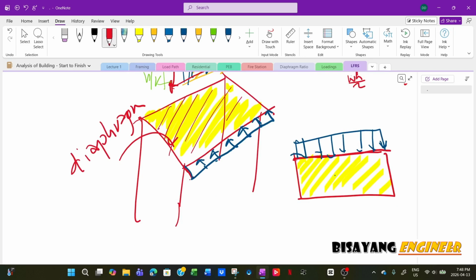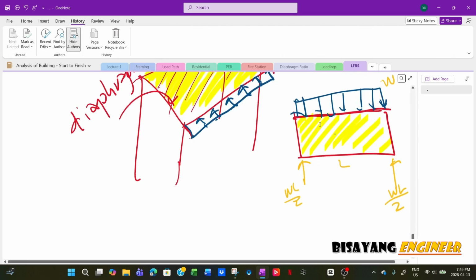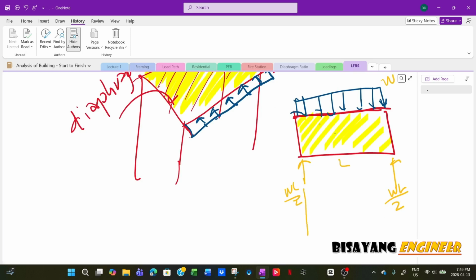Now you analyze this one for bending and shear. So if you get the total W here, and then this is the WL, then this will now carry WL over 2, and this is WL over 2 for shear, right? So if you do the shear diagram, it will be like this one,